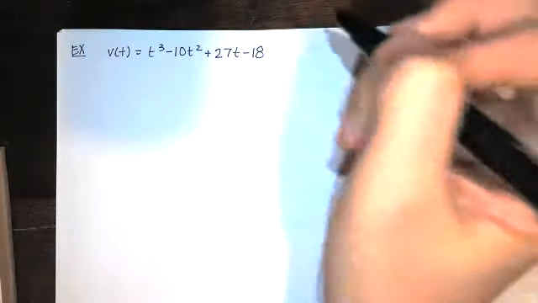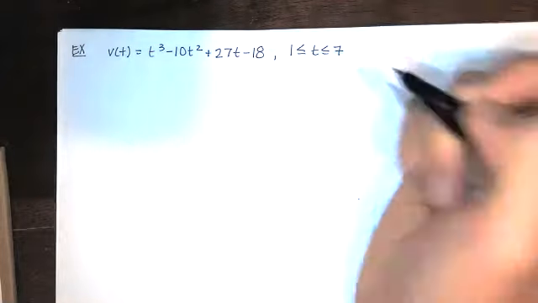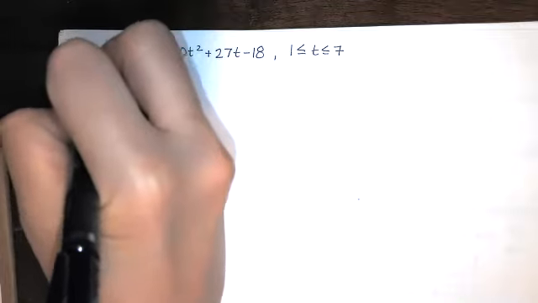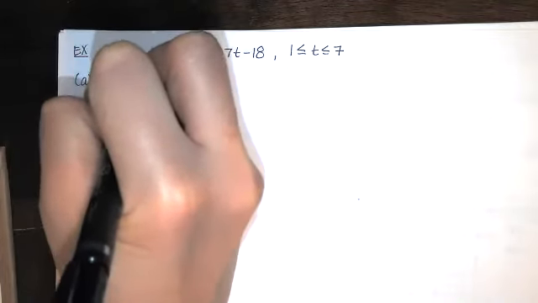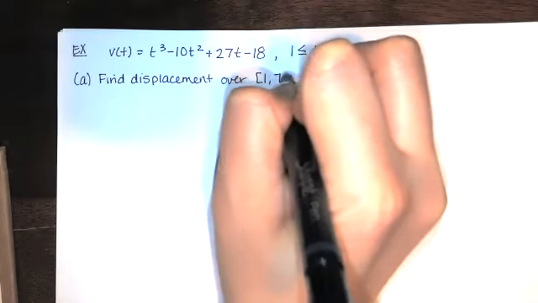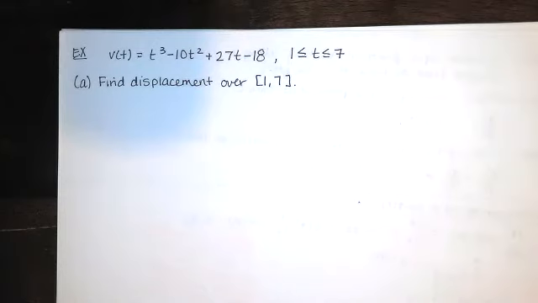Second example, same concept. That's our velocity, and we're given a time interval. T goes from 1 to 7. And we're asked to find the displacement over the time interval and the total distance the particle travels over the time interval. We'll start with displacement. Displacement's the easy part